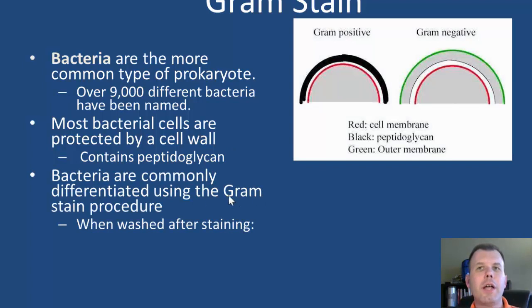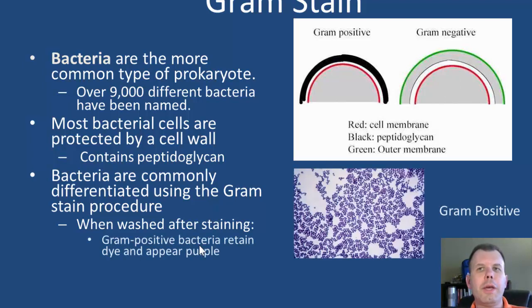Now, bacteria are commonly differentiated by what we call a gram stain. And a gram stain basically is looking at what type of cell wall you have. Do you have a thick cell wall, like in the gram-positive, so this black line represents the gram-positive, the thick cell wall, or do you have a really thin cell wall, like this guy, which is the gram-negative? And typically in the gram-negative, we have the LPS layer on the outside, and so we see that as well. And so they really have almost two membranes on the outside.